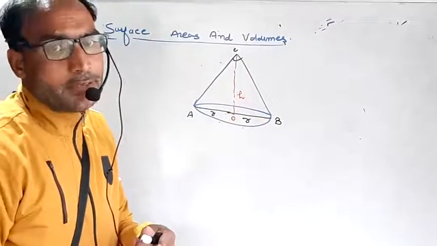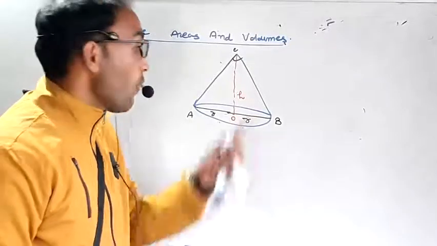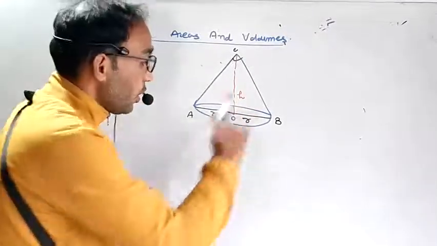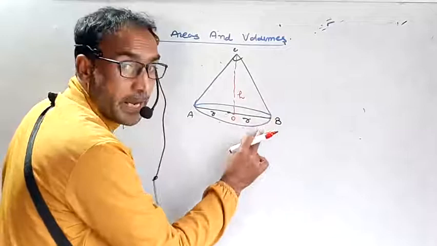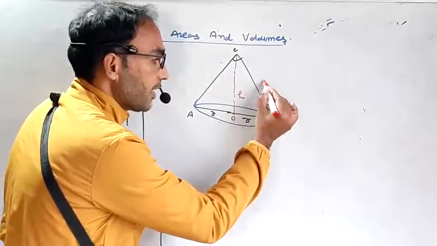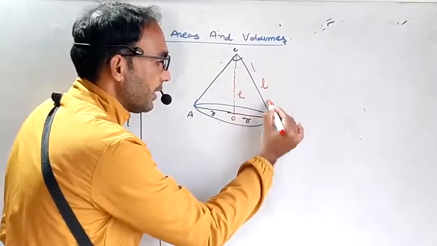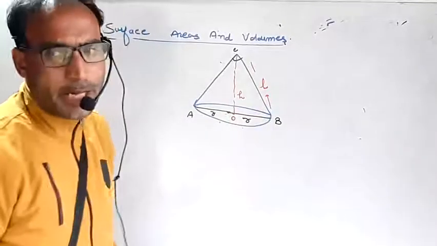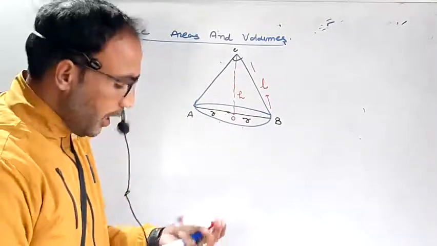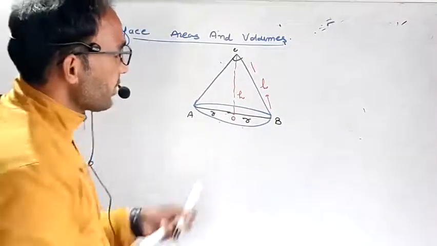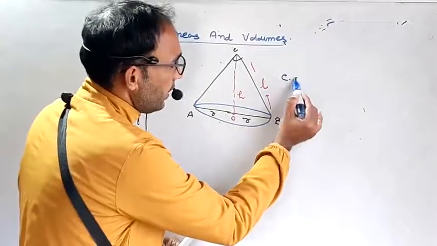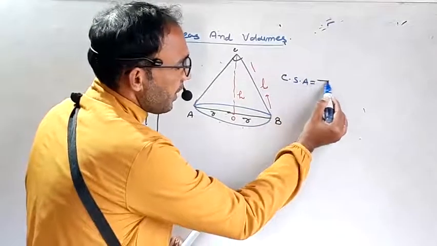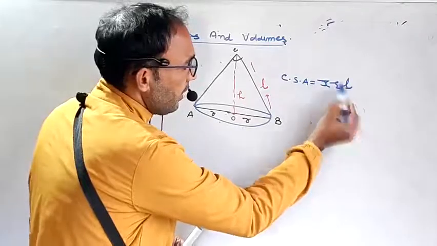One more height, the line segment joining from vertex to any point on the circumference of this base, this is known as slant height, which is denoted by L. हाँ बेटा, आपने 9th में भी पढ़ा होगा. Now, if you have to determine its curved surface area,